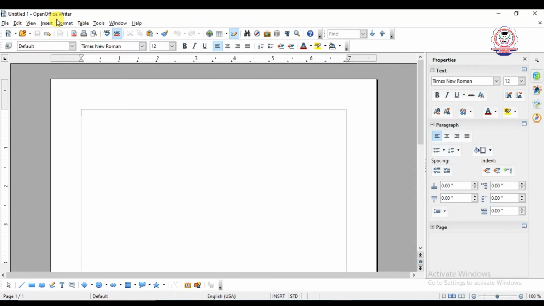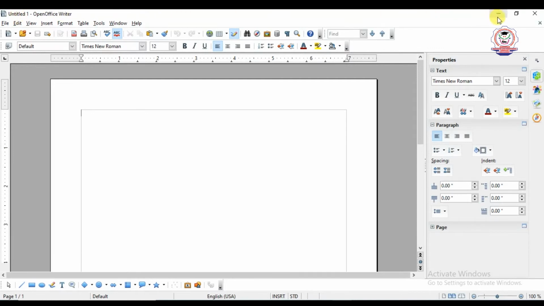Now we discuss what are the parts of the window, or what are the elements present in the OpenOffice Writer window. First, the topmost one is the title bar. The default name of a document is Untitled 1. This is an important one-word answer; keep in your mind that the default name of your OpenOffice Writer or OpenOffice Calc is Untitled 1, and that should be in the title bar.